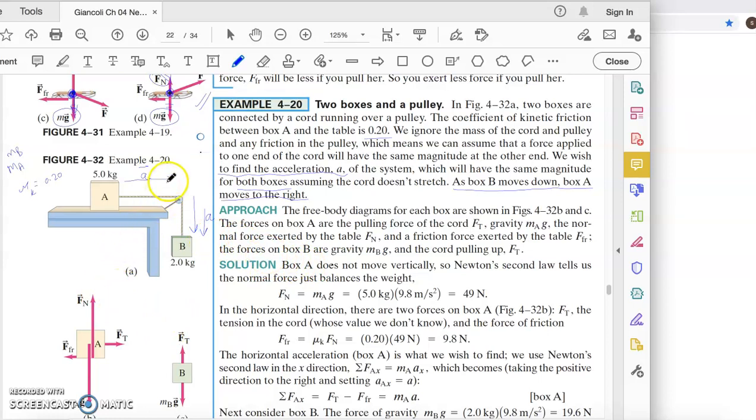Now, this is what he's asking. He's saying, what is the value of the acceleration of the system? How do we do that? We have two objects. For each object, we will have a Newton's second law applied for object A, applied for object B. If you recall, Newton's second law have X and Y,